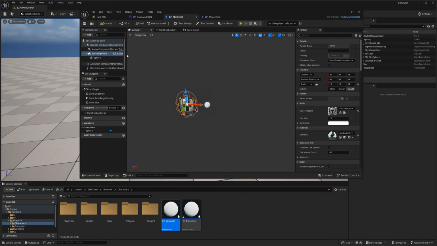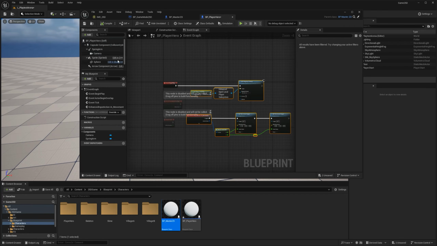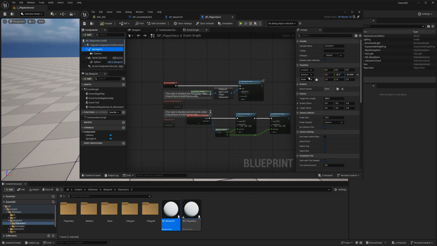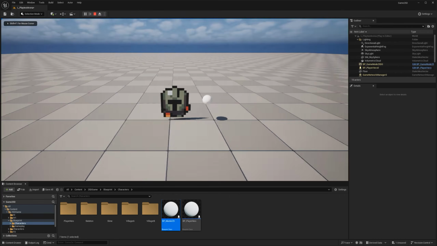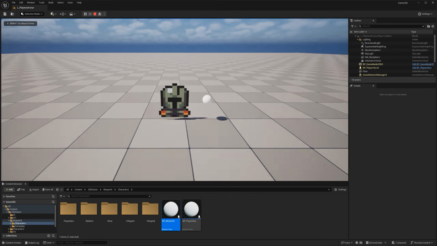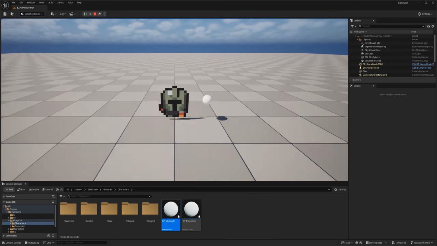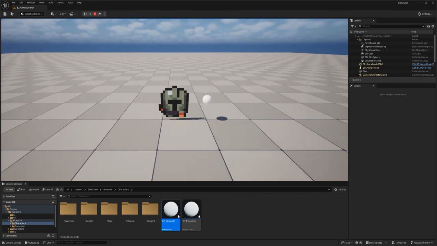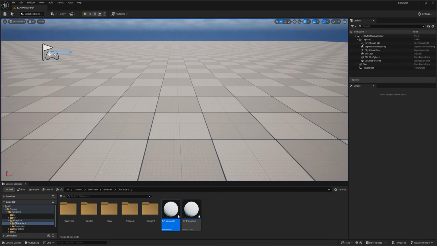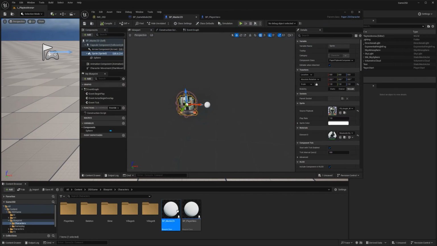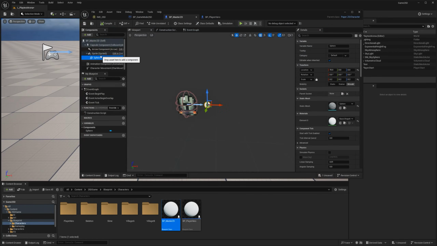I think it's because we are setting this up in the master. I also need to go here and set the same thing here. And I hope that this will fix the issue. We're also going to have to pause and troubleshoot. Yeah, there you go. Now I can move in every direction. I'm no longer having that issue. But my sphere is still showing. It's not really what I wanted. So what exactly is happening here?